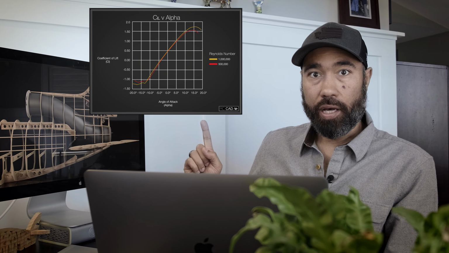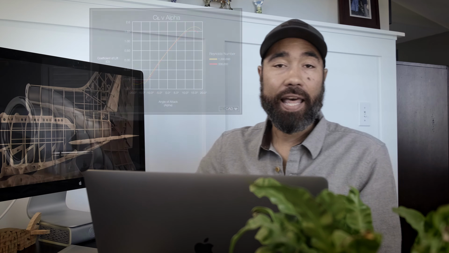So when you're actually deciding on which airfoil you want to use, you'll notice that there are several charts. Well, one in particular is actually important for the lift coefficient. It's known as the lift coefficient versus alpha chart, and it's CL v alpha. It's an example like I have put right here. That's what that chart looks like. And a quick way to understand how this chart works is the slope indicates how much lift is generated based on the angle of attack of the wing. And at the top of the slope where it curves off, that's actually where the wing will stall based on